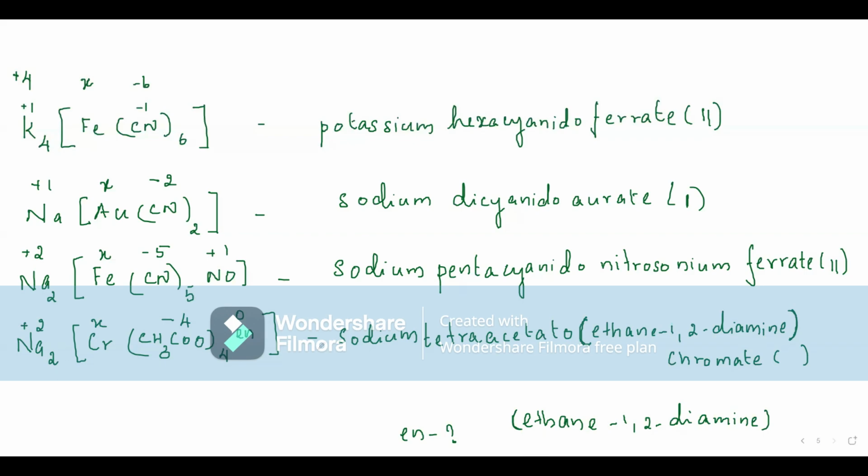Therefore, now this is sodium, the charge 2 and -4. Okay, so the net result will be Na2, sodium, and tetraacetato. Acetato is -4, and ethylene diamine is 0. So the charge here has to be 2. Okay, Na2 positive 2 plus X -4 is equal to 0. So the charge is 2. The next one,